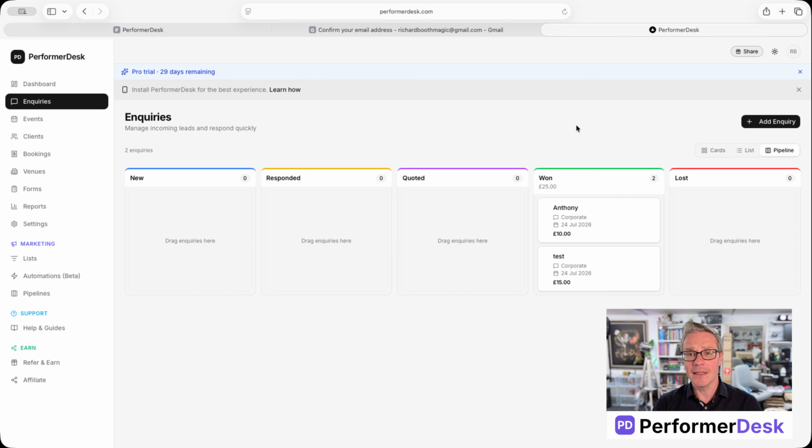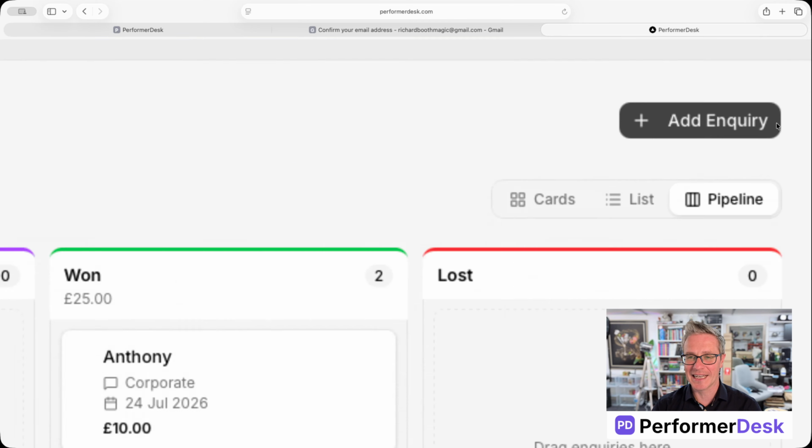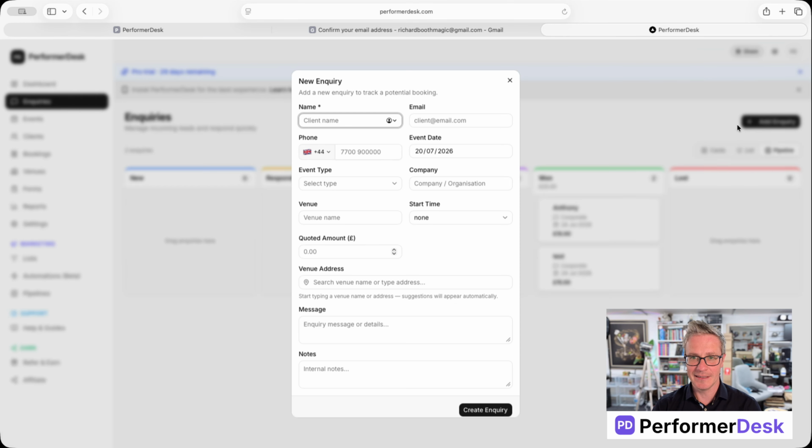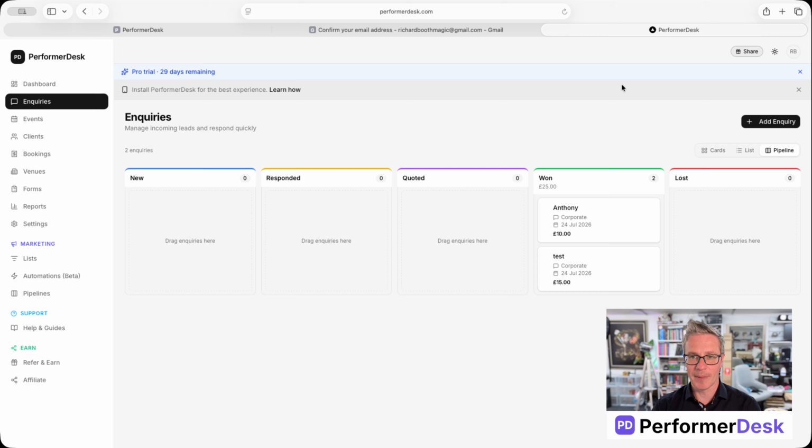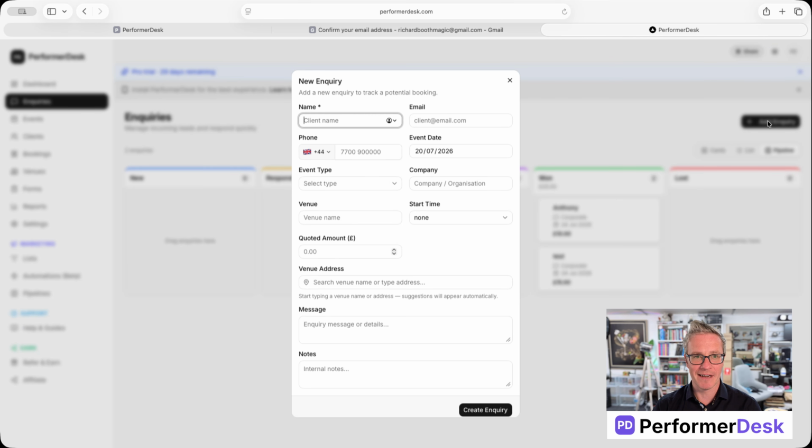Now, the inquiries area has two ways of getting your inquiries. One is through a form, which is embedded on your website, or a link which is sent to your client, or you add it manually, either with your mobile phone or with clicking the button here. I just zoomed in, sorry, there we go. So I'm going to go back to here, click on add inquiry, and this is where you type in your